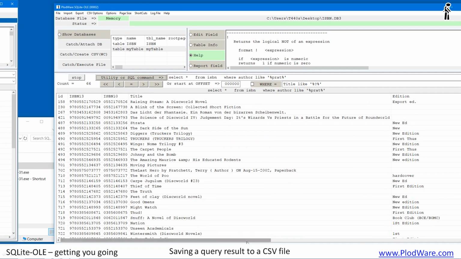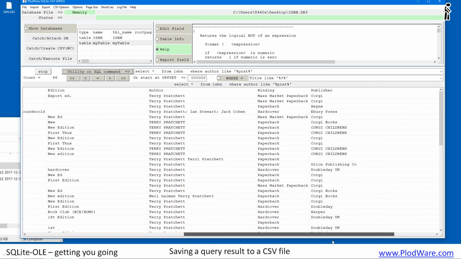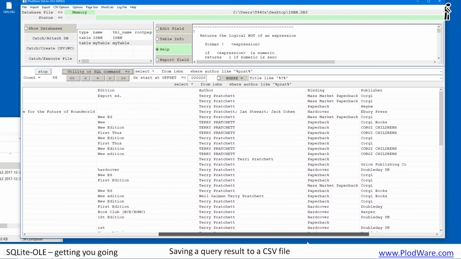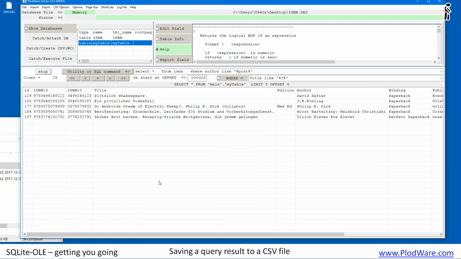66 books. If the information is too much for a page, we can scroll across. Terry Pratchett, Terry Pratchett. I'm going to remove this information from the screen. I'm going to just click on, say, My Table. Right. I did that so that we didn't have any Terry Pratchett information here. And what I'm going to do now is